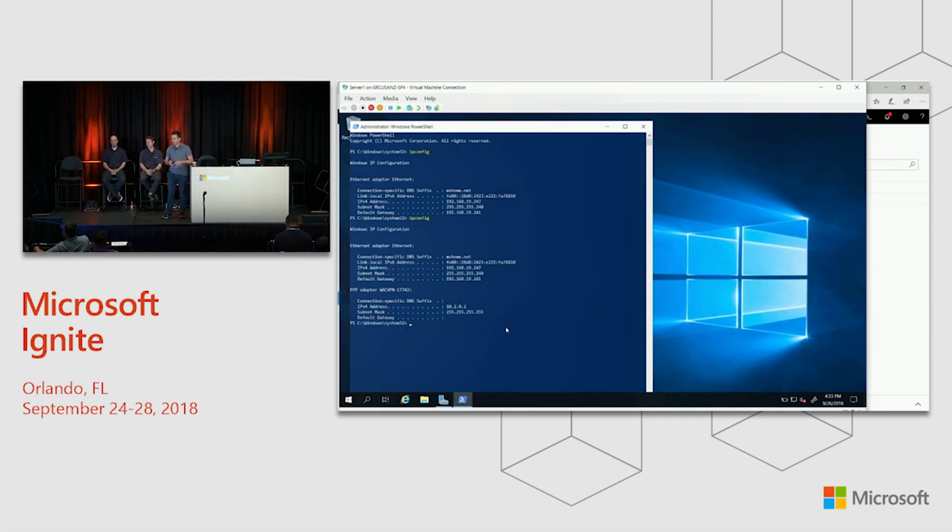Here you can see if you go to ipconfig of the VM itself, this is the server that we set up. You can see before I created the NIC, there was only one adapter with a 247 address. After adding in that VPN client on this server, I have now a 10.2.0.2 address. This is now in the address space that I defined.